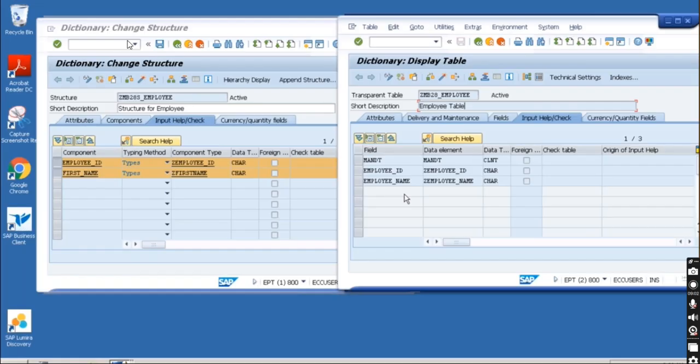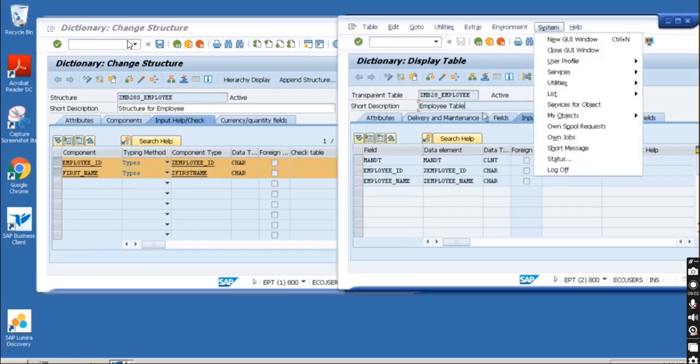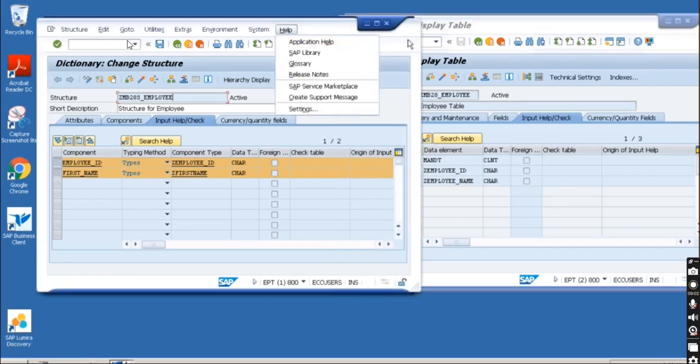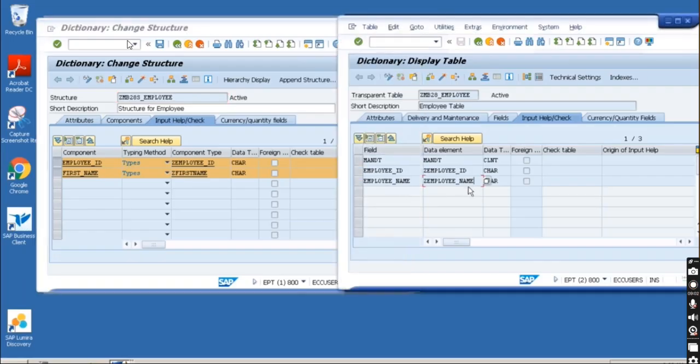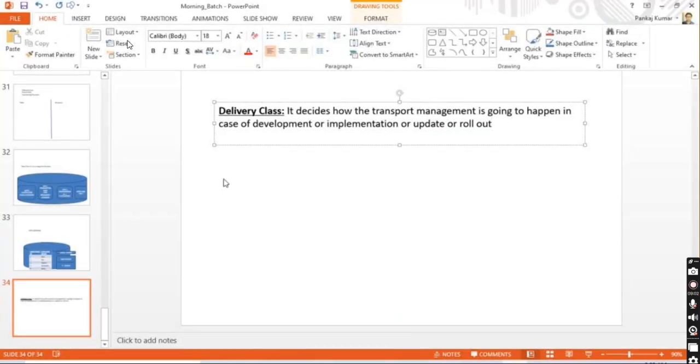And when we do the programming, then we will be able to understand how a structure is going to play a very important role. Even though it does not contain the physical data in real time, still in programming, or here while including, in the last class I have shown you the include structure and append structure. It's going to play an important role. Fine. So if these differences are clear,